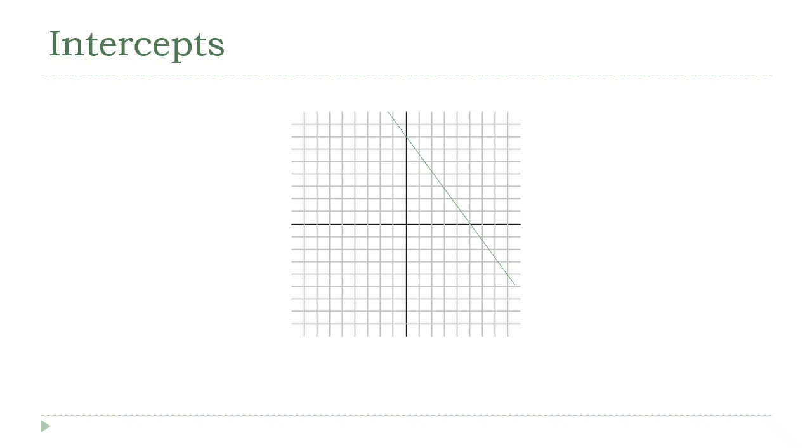Intercept in math means exactly the same thing that it does in English. It's the point where two things cross each other. So when we're talking about lines and their graphs, there are two specific intercepts that we're interested in. The y-intercept is the point where the line crosses the y-axis, and the x-intercept is the point where it crosses